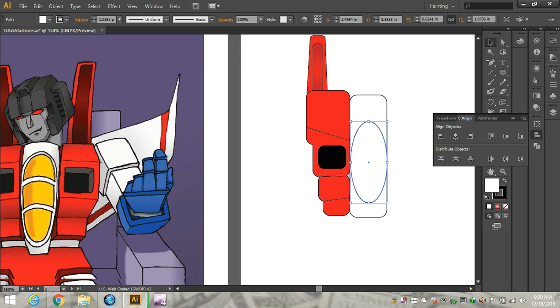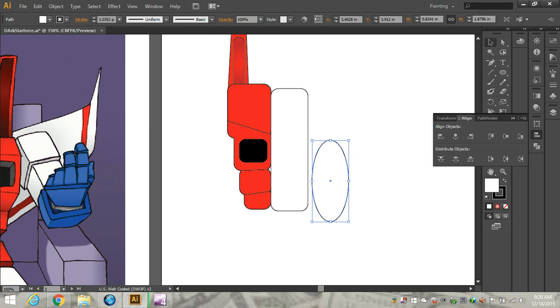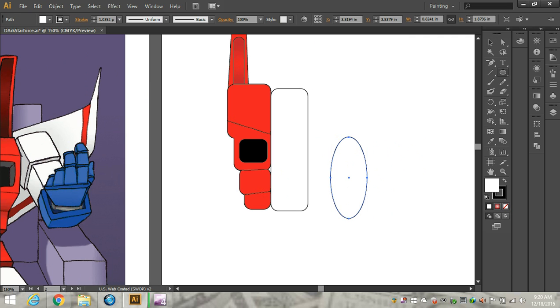Now what I'm going to do with this particular shape, bring it down a little bit more. Now I'm going to take this shape and cut it in the middle. So how do you do that? I'm going to teach you. You're going to go to a rectangle tool, and you're going to make little incisions. And then what you're going